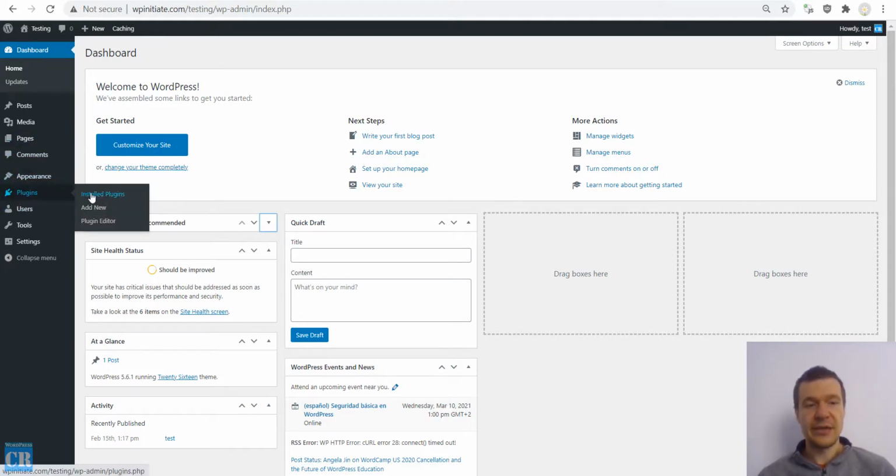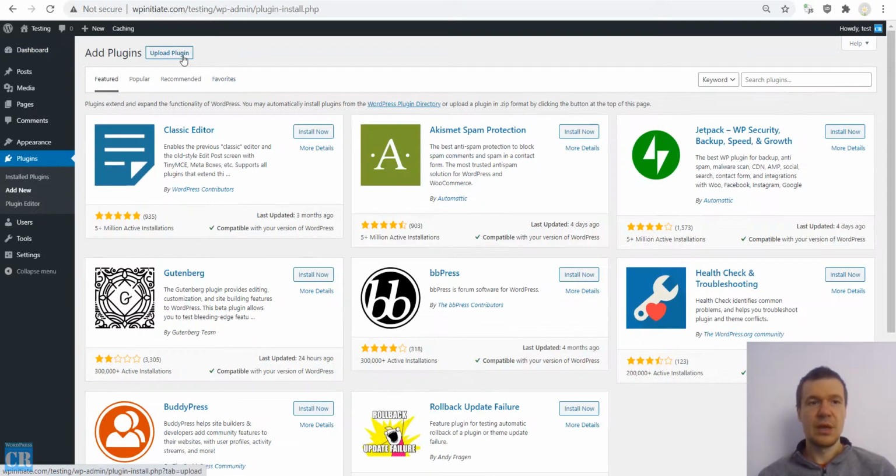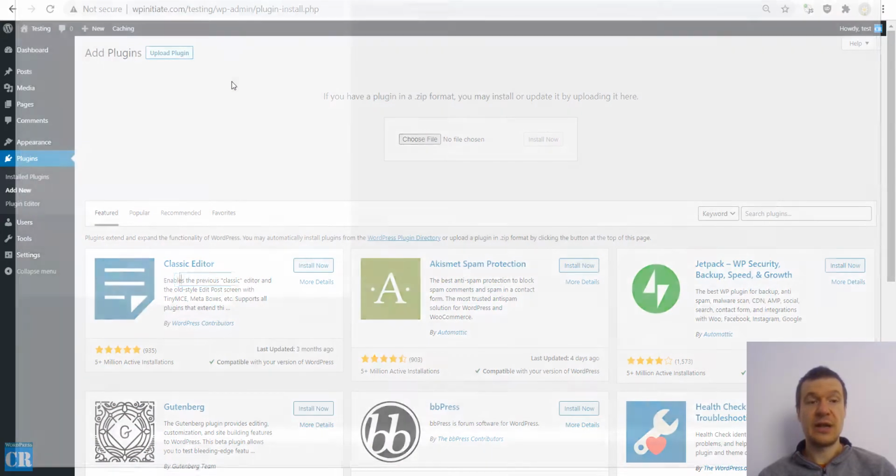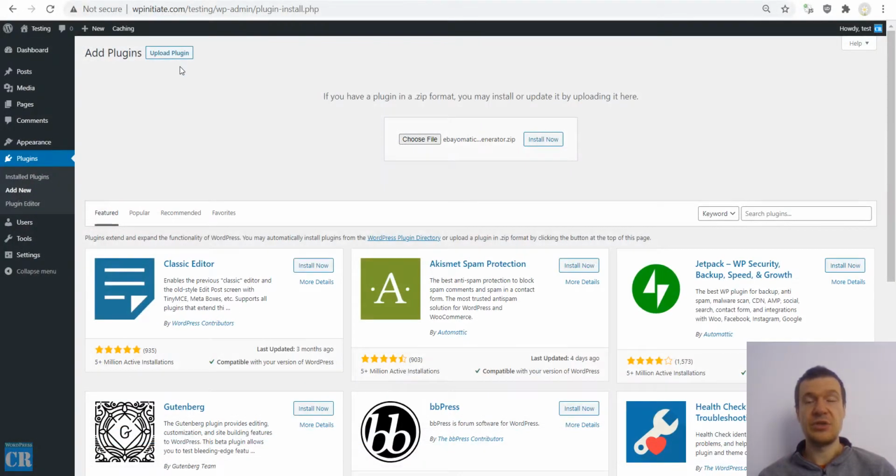So to install the plugin, click plugins, add new, upload plugin, choose file, go to the zip file you downloaded. Don't forget to extract it, and get the installable zip file from the big package that you downloaded from Code Canyon, and install the zip that you find inside that package. Click install now,